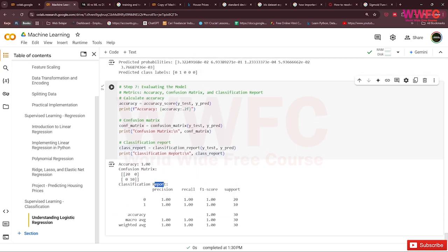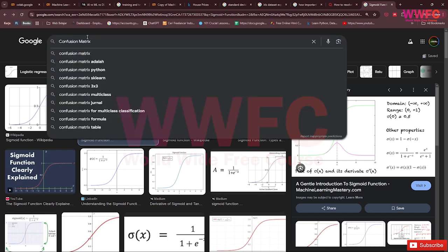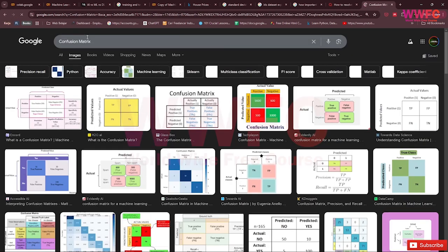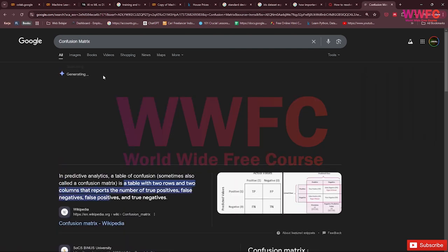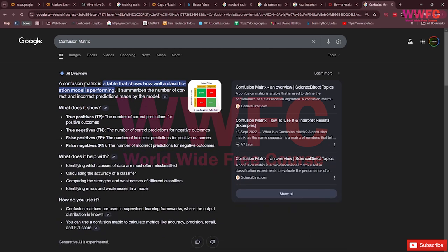If you don't really know what the confusion matrix is, we can check in here. So what is a confusion matrix? A confusion matrix is a table that shows how well a classification model is performing.